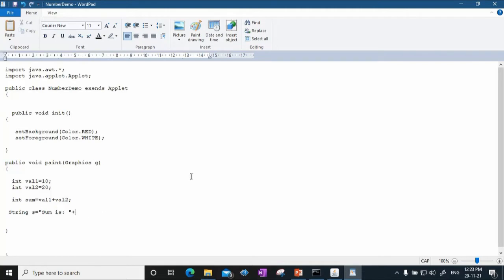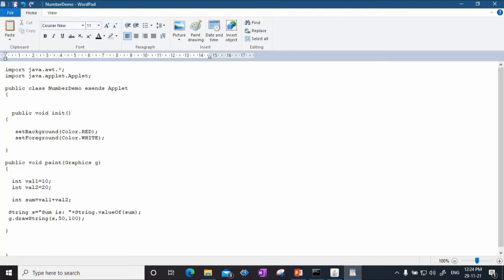So I will be using a wrapper class called String, and there is a method called valueOf that converts any numerical parameter that is given as input to it. The valueOf method converts it to the string value, and finally I will say g.drawString(s, 50, 100).